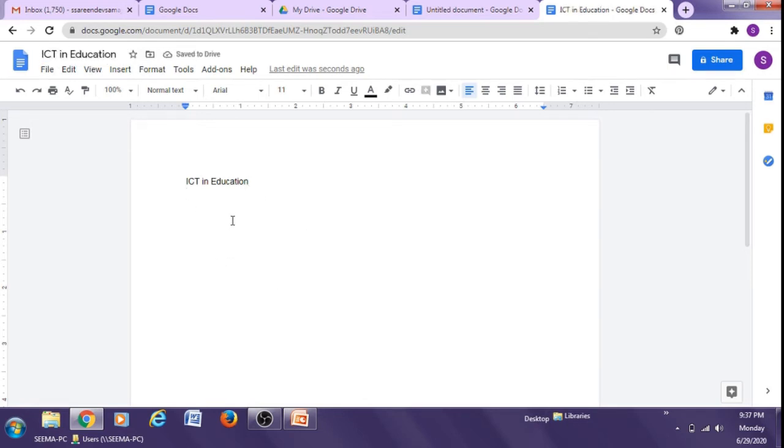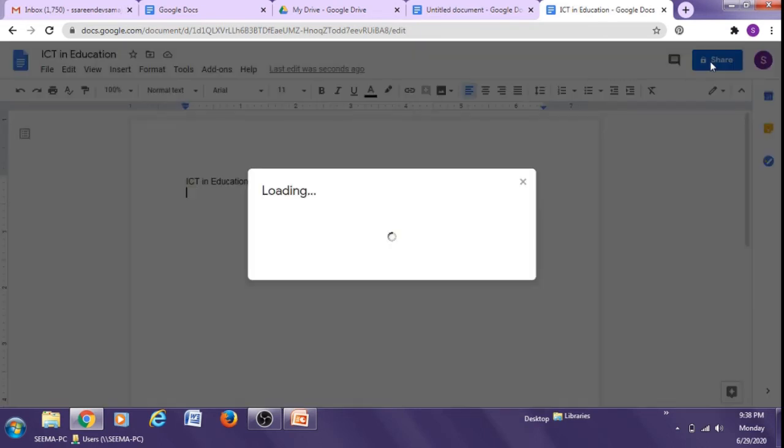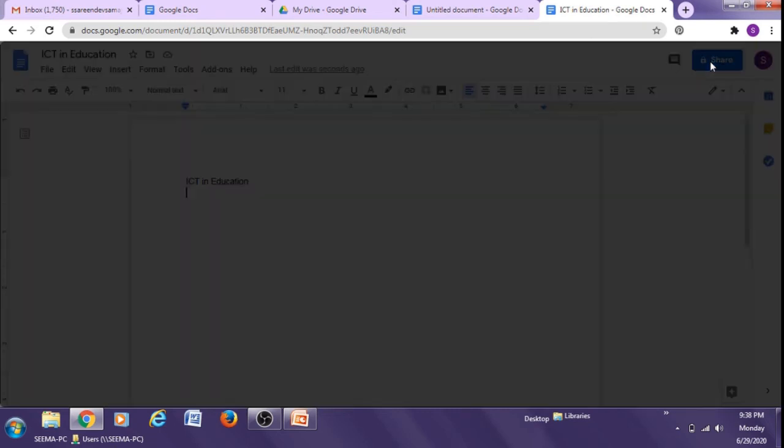So now you can work on this document just like your Word document. There is no need to save the changes. They will be automatically saved in your Drive. Now, how to share this document with others? You go to the share link, which says private to only me, Share. Click here on this button.